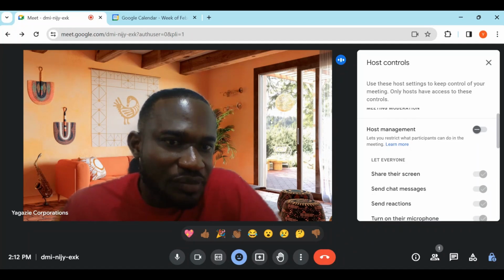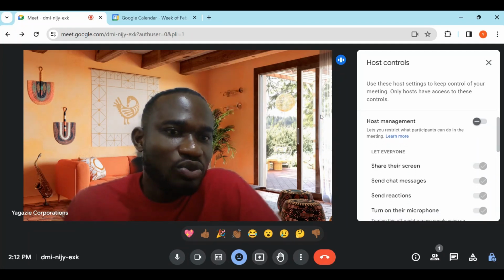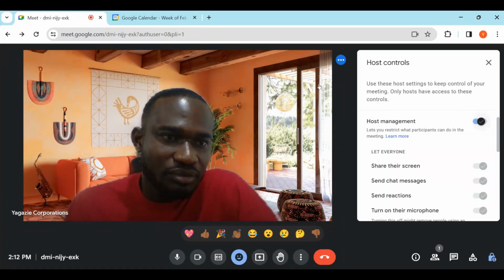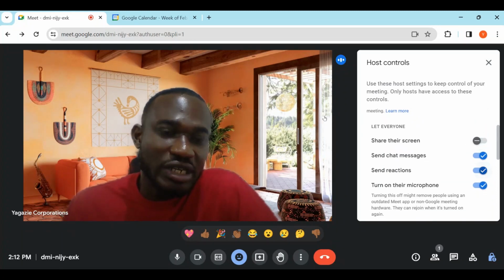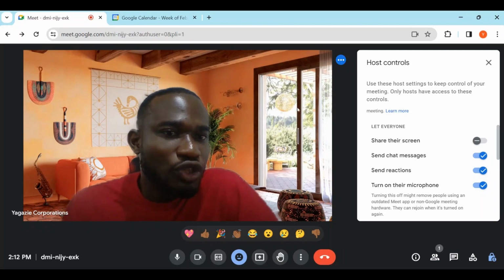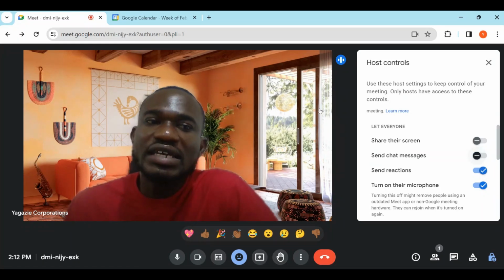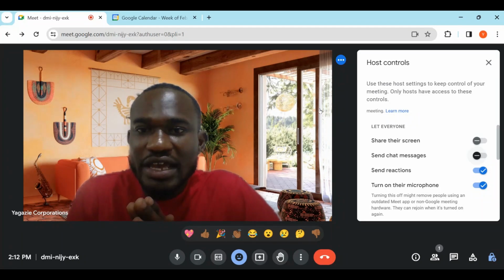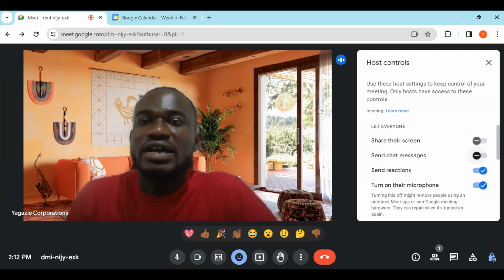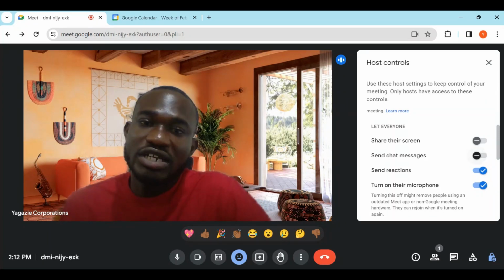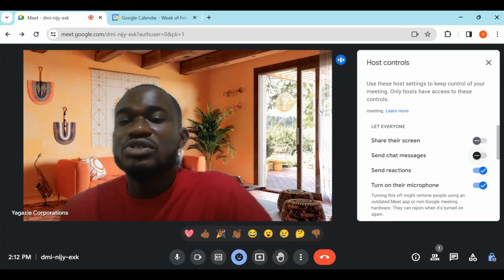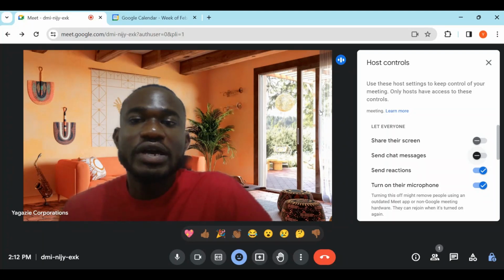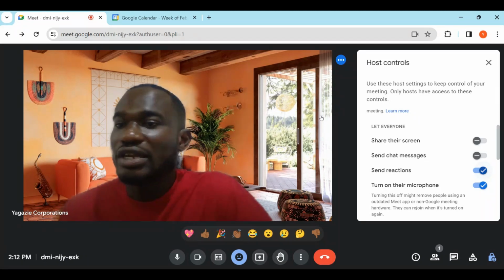These are host options. Do you want everyone to be able to share their screen? You must turn on the host management. You might want anyone to share their screen, or just the presenter. Do you want people to send chat messages? You can turn this off at the sensitive parts of the meeting and turn on the chats at the points where we allow people to share their thoughts. But it's advisable to keep the chat on because as a presenter, sometimes along the line you may lose your connection or you may lose your sound and video, and people can comment,